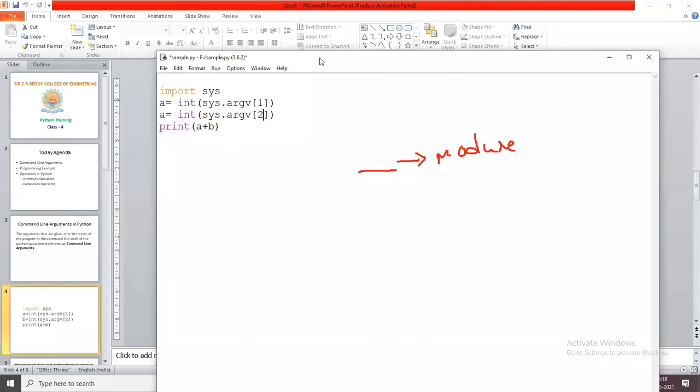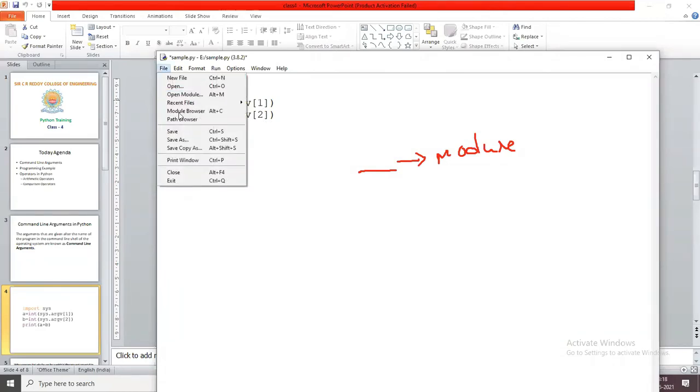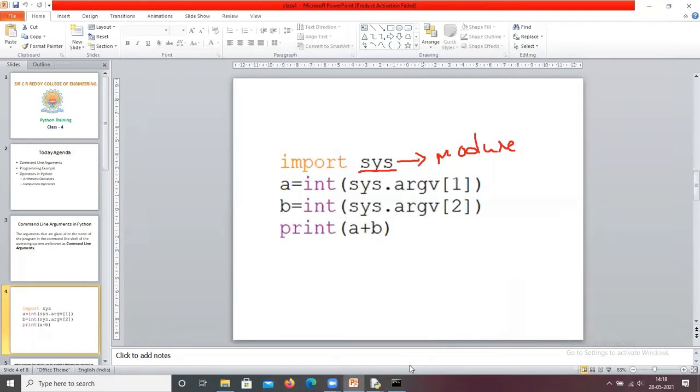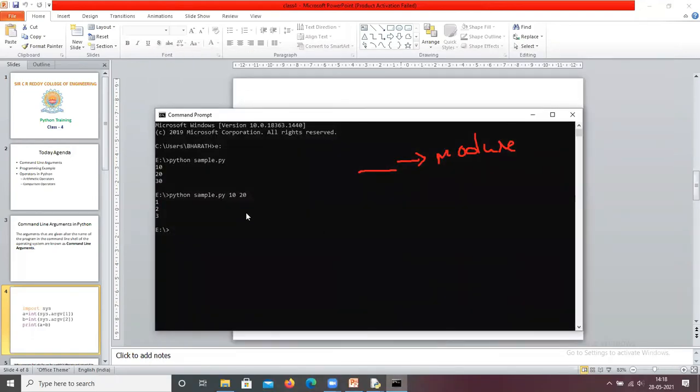Now you save this program and execute it in command mode. Python sample.py 10 20.